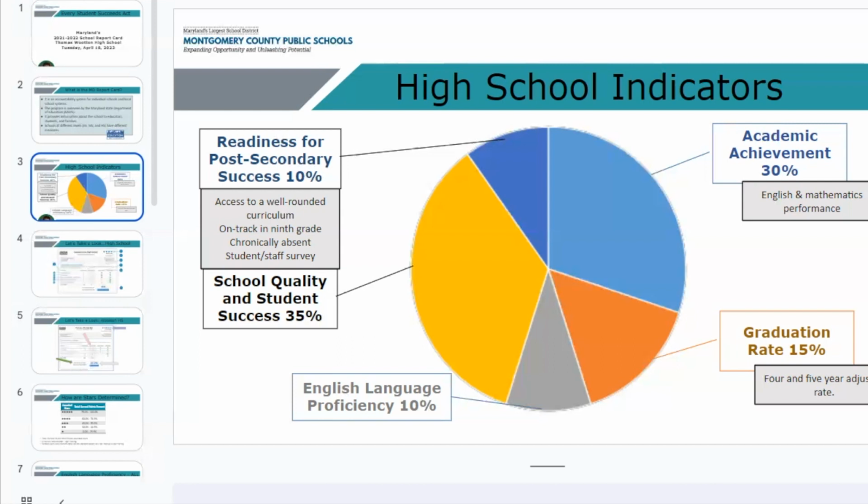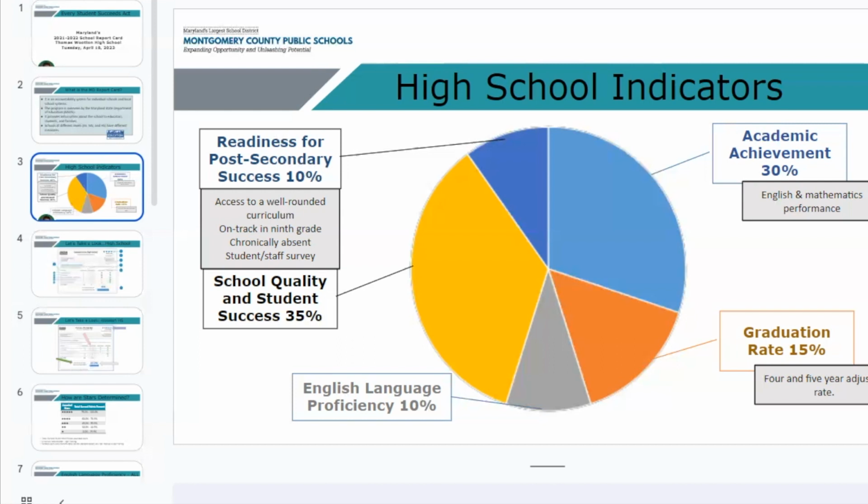On track in 9th grade, this is a great measure, I think. When students are done after their first year, we are evaluated on how many students stayed on track to complete in a 4-year completion plan, right? If students are off that track, this accountability measure picks up on that. Chronic absent rate: students who are absent more than 10% of the time. We also give an annual student and staff survey, and the results from those surveys become actual points and measures in the system. They're all part of that 45% measure.